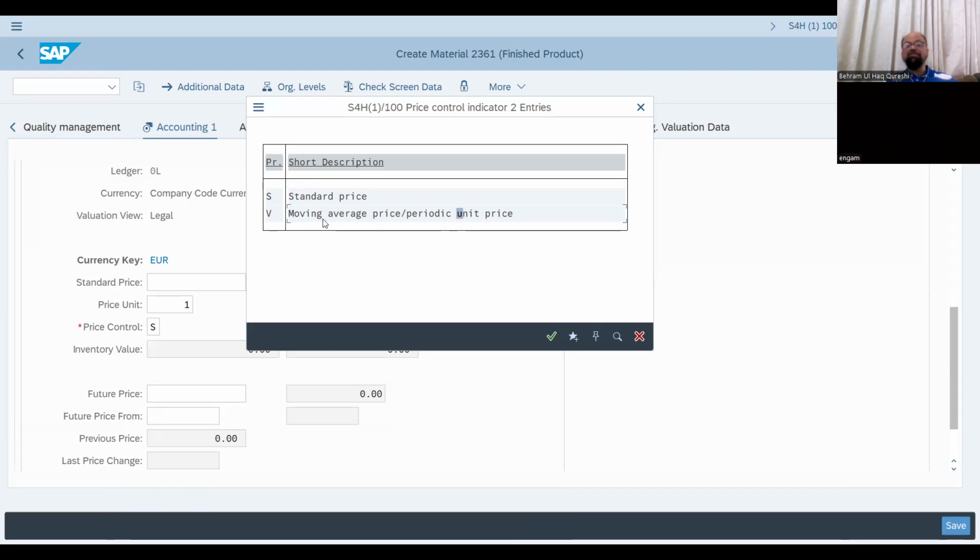Standard price remains fixed. It remains standard. It does not change. It is meant for the finished products. Moving average price or periodic unit price keeps on changing because normally you purchase raw materials for the production